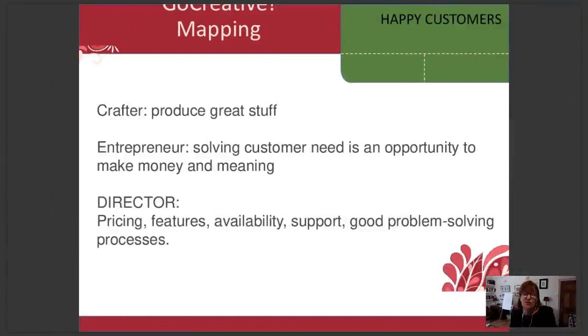And I want to look at the way the director thinks about everything in relation to the other two hats. So first of all, in terms of having happy customers. Again, as creatives, maybe you don't even think of the people that you are serving as customers, but they are.